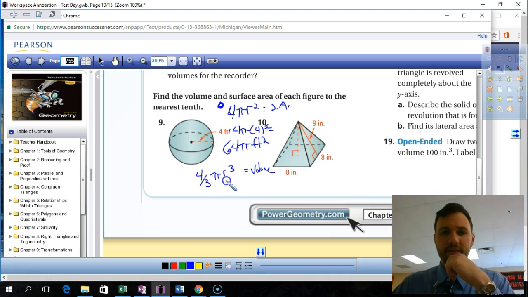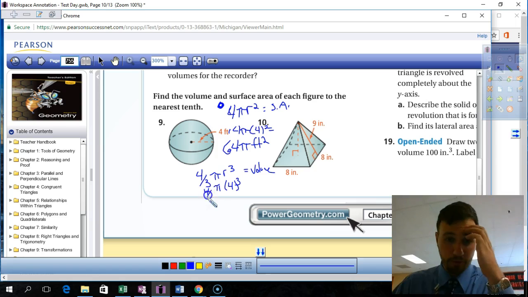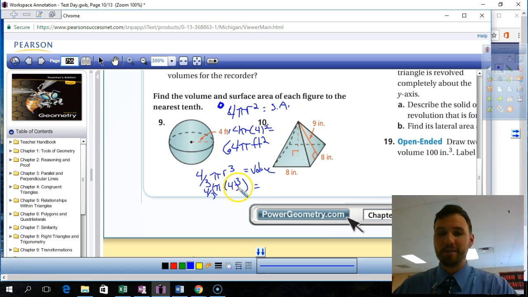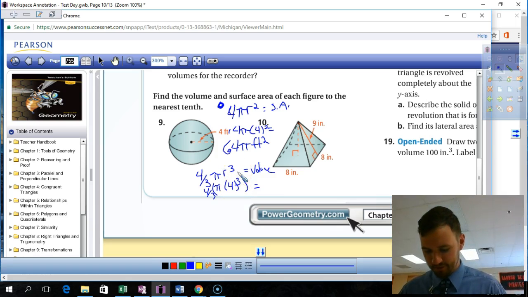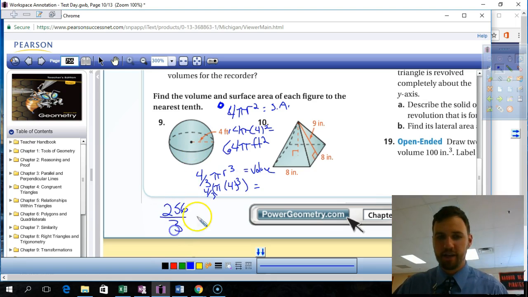So r is 4. 4 to the third. 4 cubed is 64. 64 times 4 is what? 216, I think. Oh, my calculator's off. Silly guy. Yeah, it's 256. So you get 256 over 3 pi